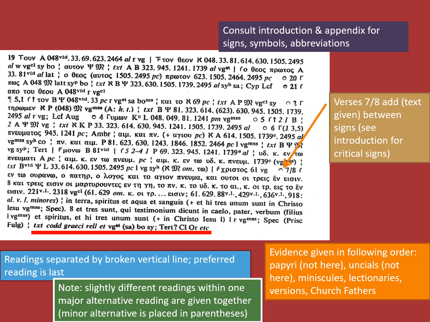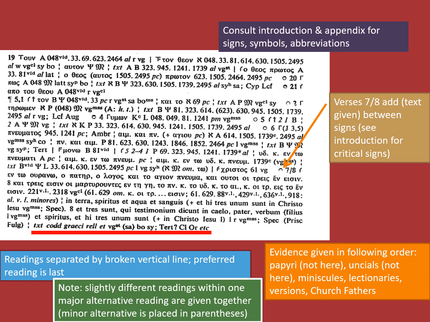What they're doing is they're abbreviating the text. The reason they're abbreviating this is because you actually know what those words are. How do you know? They're in the text above. So PN, or pi nu, period, stands for spirit, and then the kappa period would be chi, and so forth. All you have to do is check above to see what those words really are. So all of that, several lines, is what the first reading is. Now the evidence for that follows, and they say a minuscule number 221, and